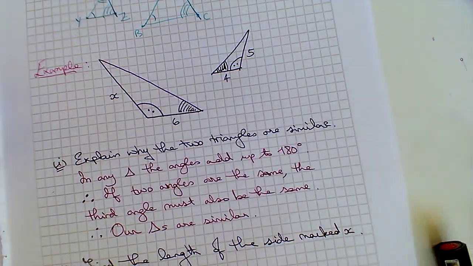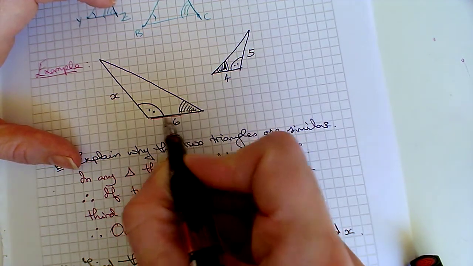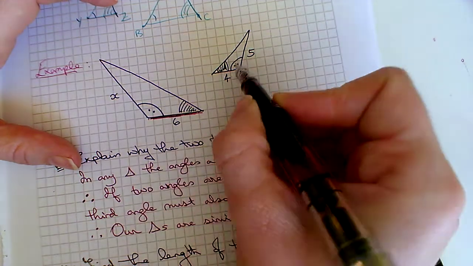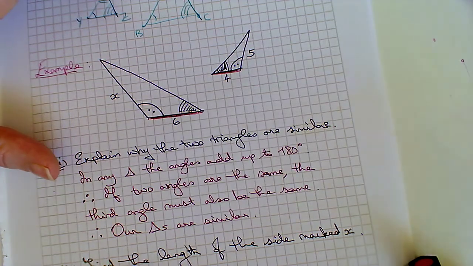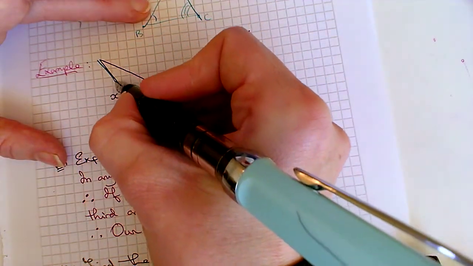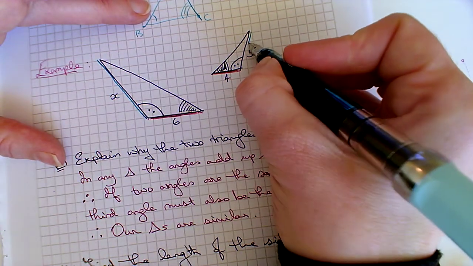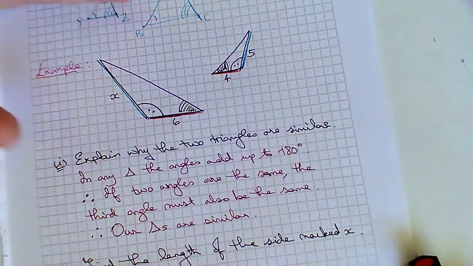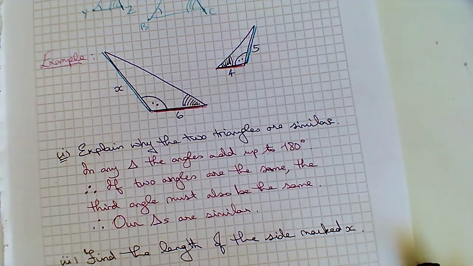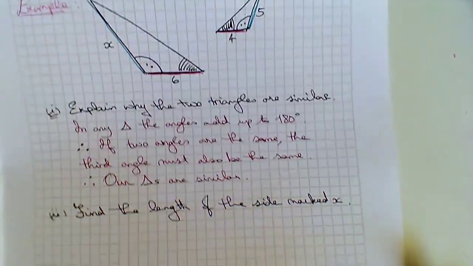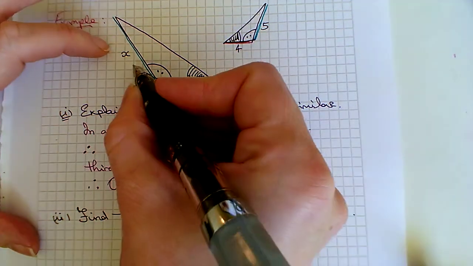Let's start with this one here, the side that joins the two angles together, the two given angles. So those sides must be corresponding. They must have the same length. And also this long side here, from the unmarked angle to the angle marked with 2 dots, must have the same length as the corresponding side over here. So we've marked in our corresponding sides, and that means that one corresponding side over the other one is the same in both cases. So from our theorem, we can say that x over 5